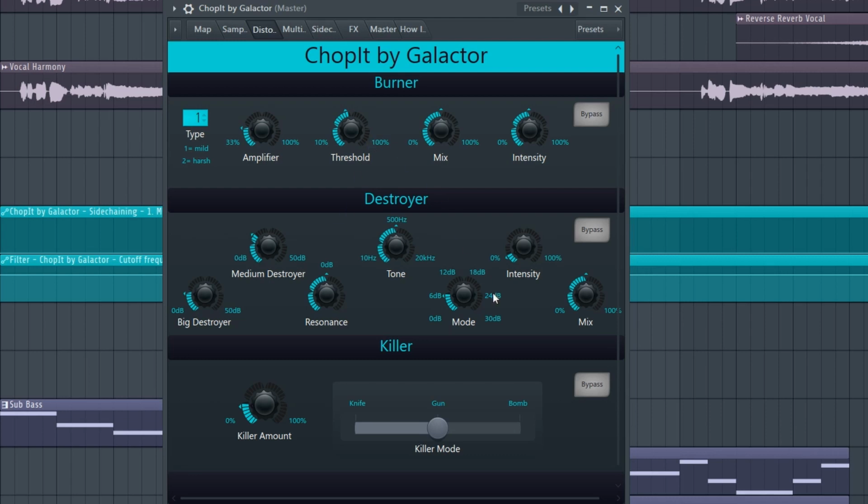And these are in chronological order. So you start off with the burner, which is the mildest of them all basically. This will run through the destroyer, and then these two together go through the killer, and the killer is the heaviest distortion. And because everything is in chronological order, you have a lot of control of how it's going to sound. So if I'm going to bypass the destroyer and the killer,